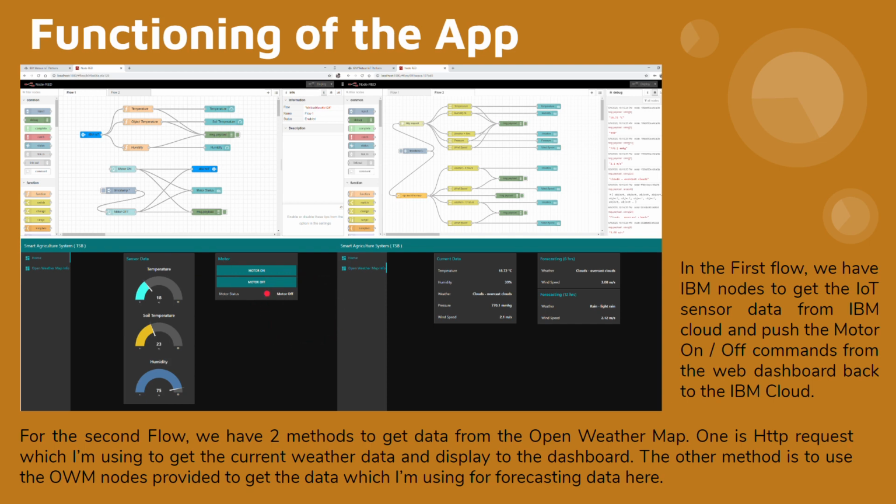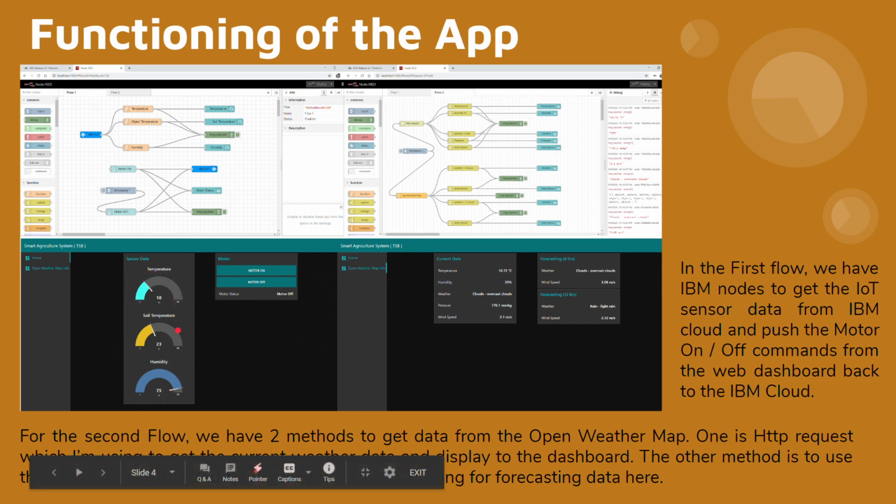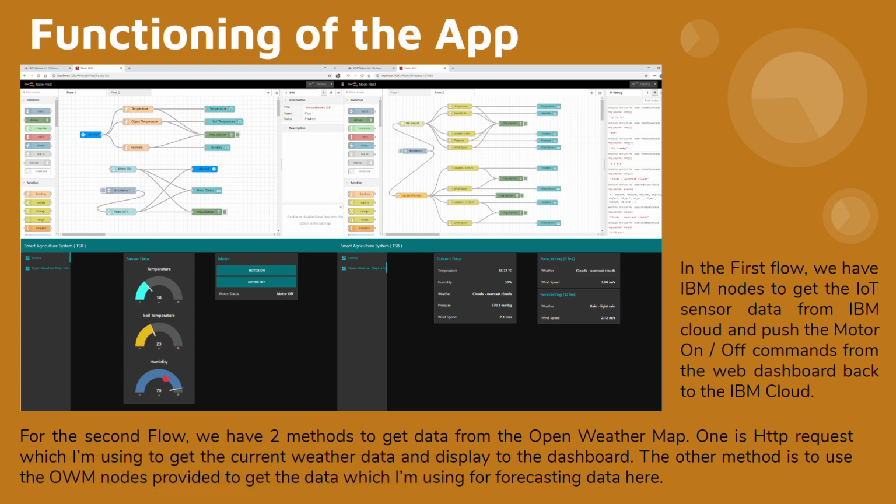This is pushed back into the cloud, and this data, the temperature, soil moisture, soil temperature and the humidity, is collected by the IBM Cloud platform through this input node. On the right-hand side is the Open Weather Map data. The temperature, weather condition, and wind speed are extracted by the HTTP request, whereas the 6-hourly and 12-hourly forecasting data is taken from Open Weather Map.